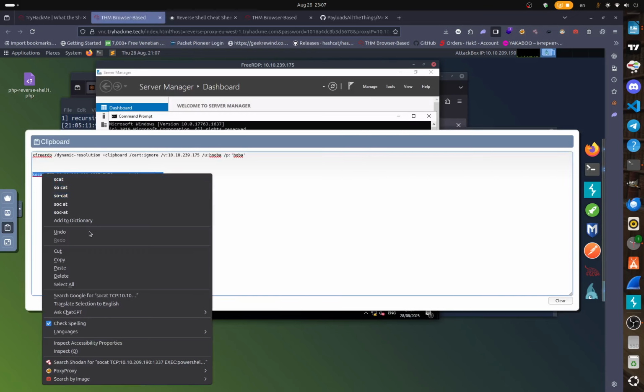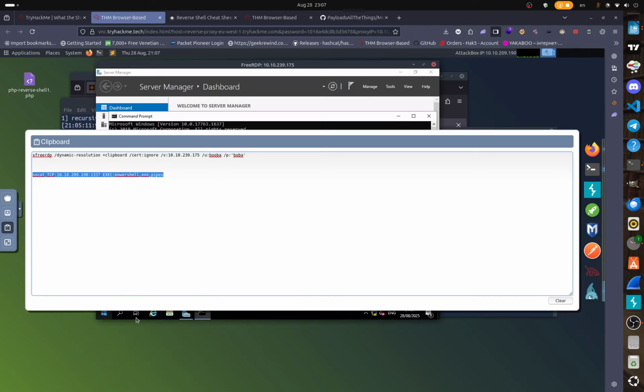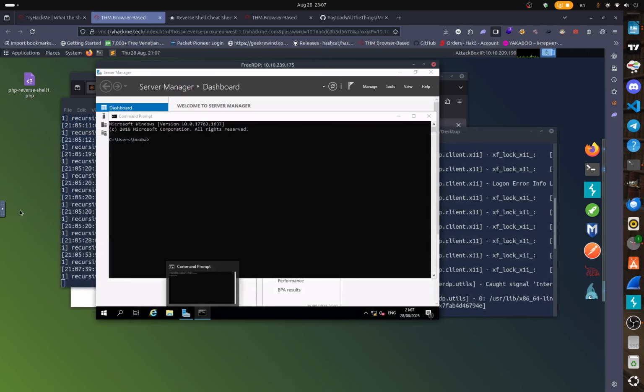SOCAT is not used within command prompt. It's not installed, so this isn't going to work. Now, in theory, this would work if SOCAT or Netcat was installed on this Windows system. Another route that could be taken is the one that was used in task 11 to URL encode